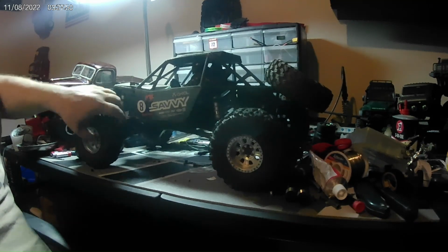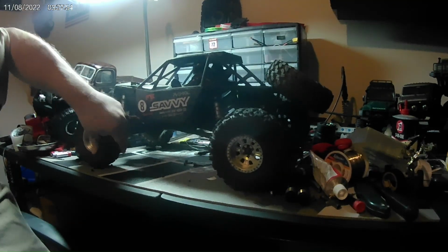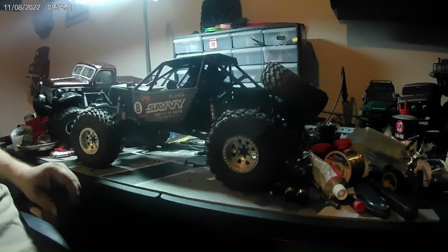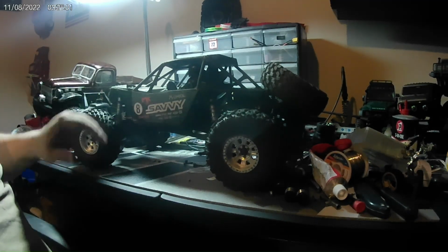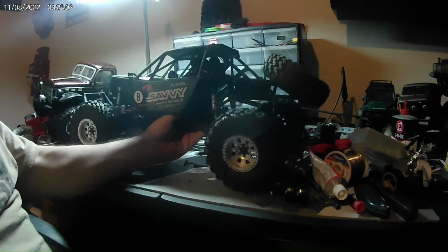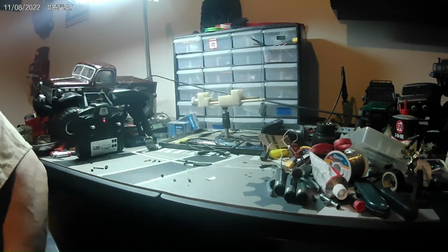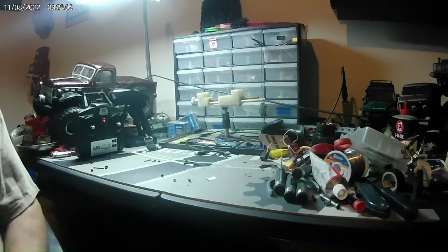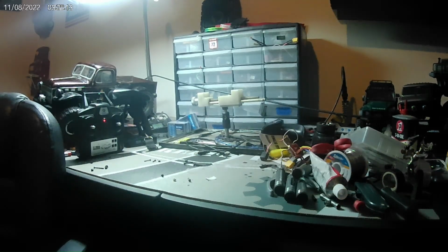Just noticed that one tire's got a big old flat spot on it from sitting on that. I might have to figure out a different way of it sitting on the shelf to keep the flat spots off. But anyway, this one here, she's going, for rock racing. So what are we at now? That's 4. Oh yeah. So number 5